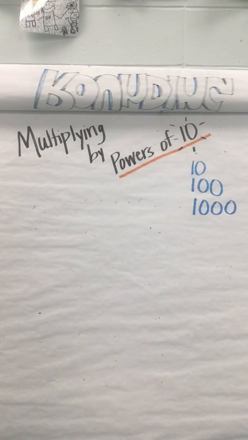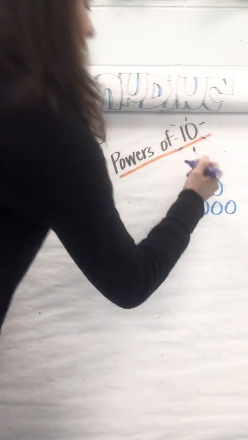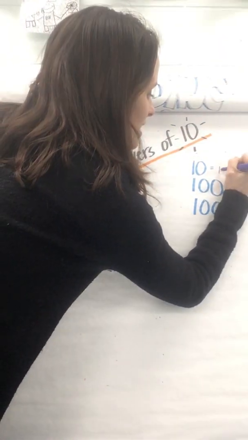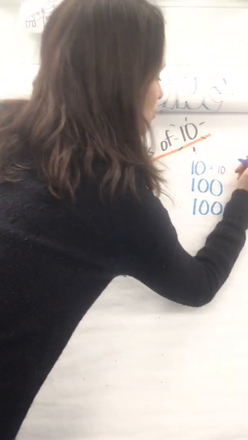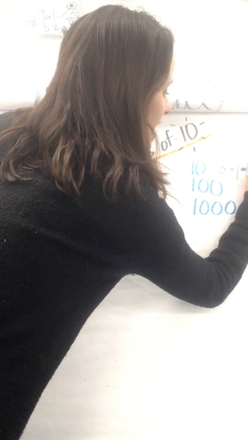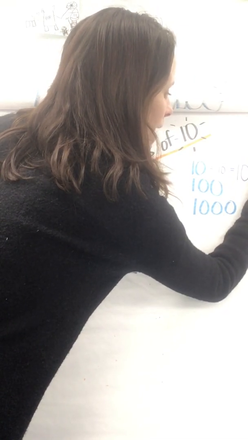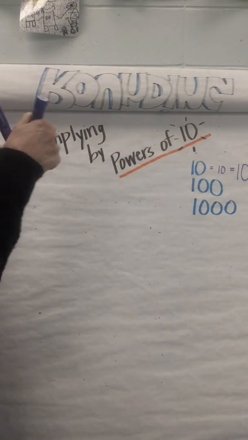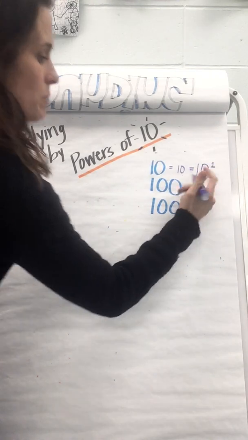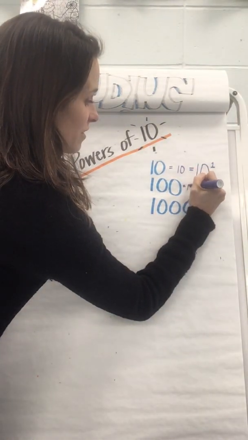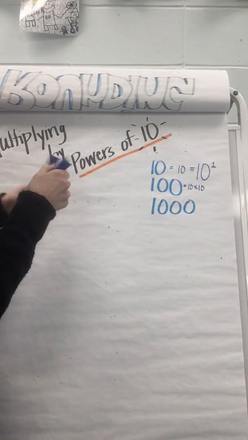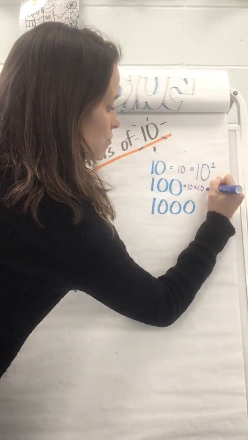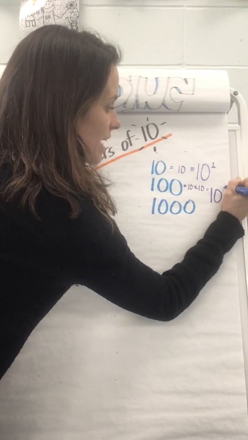So something I just mentioned and keeping in mind, 10 is actually just plain old 10. So it's actually written as 10 to the first power, and that's called an exponent. 100 is, let me make sure you can see that. So 10 to the first power. 100 is actually 10 times 10. So it's two powers of 10 together, and so it's written as 10 with the exponent 2, or you can